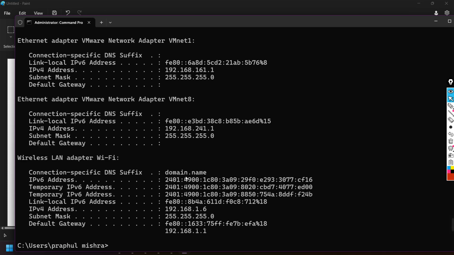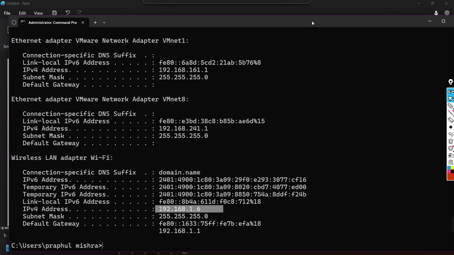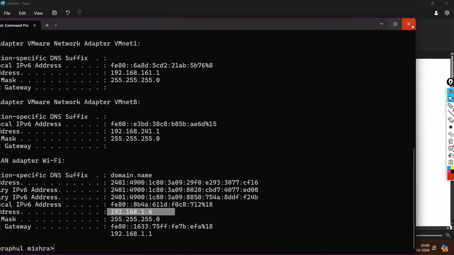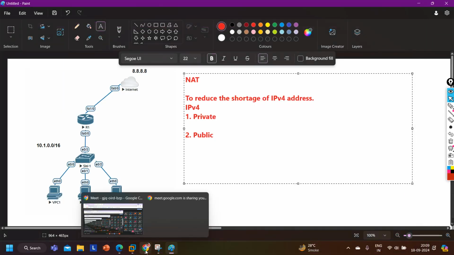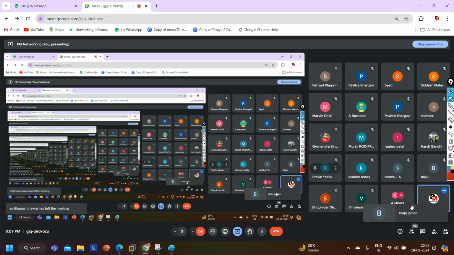Guys, my private IP address is 192.168.1.6 and lakhs of people are using this IP address, right? But still I am able to access the internet. The reason is NATing, translation.